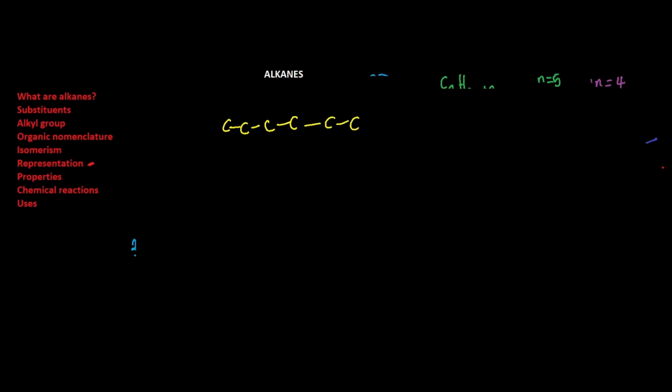So if we have something like this, and we have here a methyl group, and take for instance we have here chlorine, and I would just fill in the rest, which would be assumed to be hydrogen